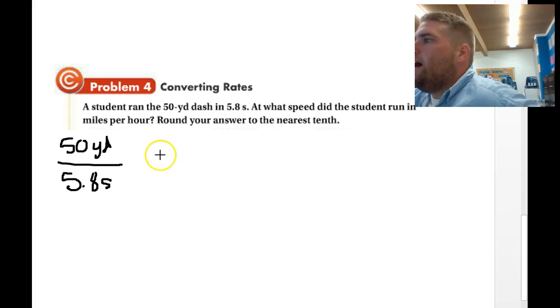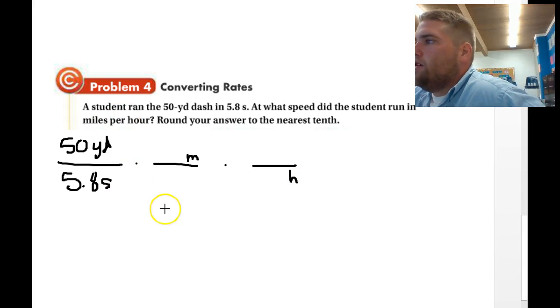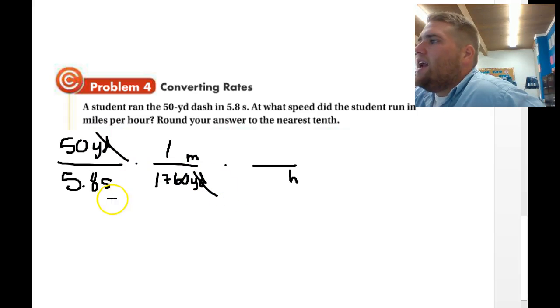I want to know that in miles and then hours. So we have to do some things here. First, I'm in yards, not miles, but I know that for every 1 mile there is 1,760 yards, so there's my yards canceling. I also want to be in hours, and right now I'm in seconds. Well, I know that there's 3,600